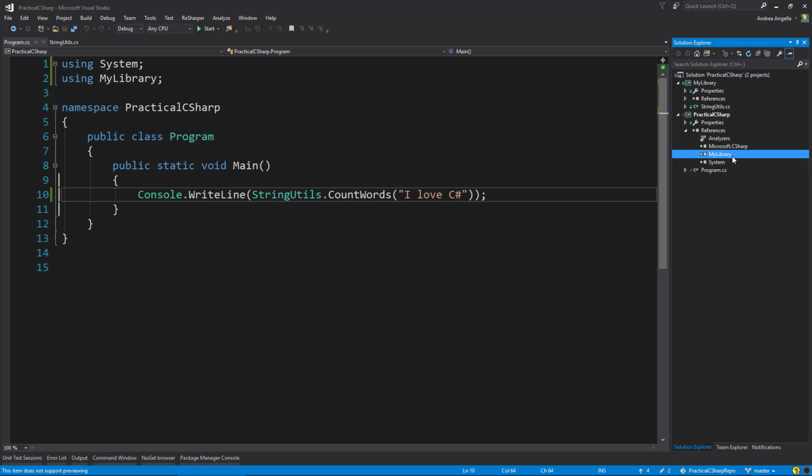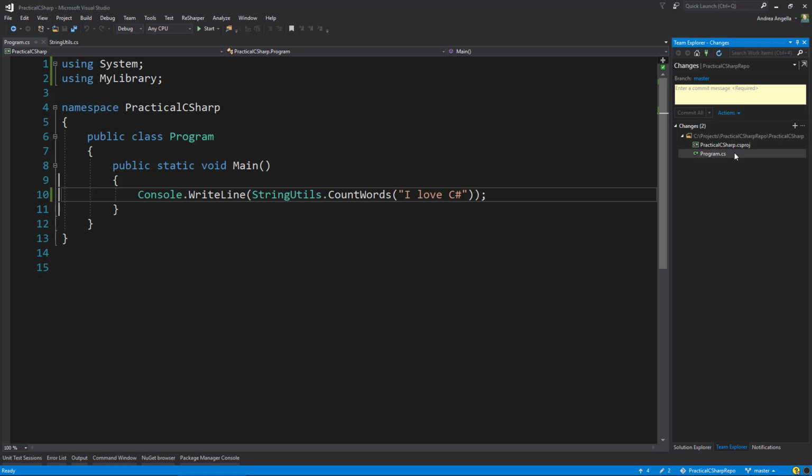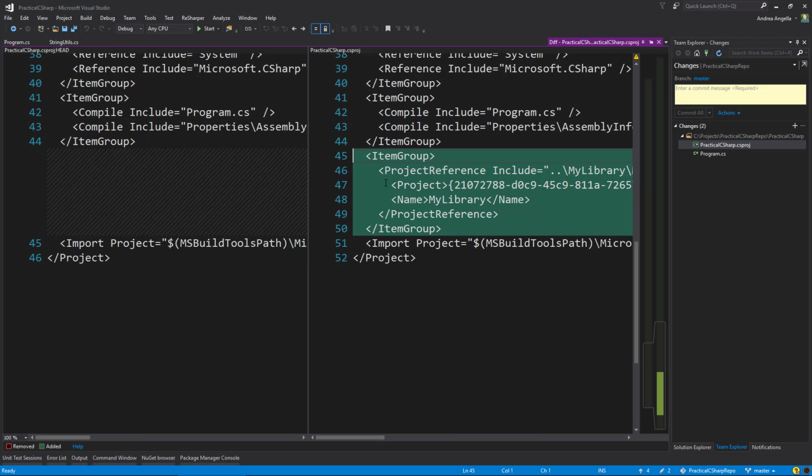But it's very important to understand what actually happened under the covers, so that when you deal with project conflicts, you can understand how to solve them. I put all this code into a repository, so all the changes we made since the beginning of the video are now recorded. And if I click on Team Explorer, you can see what are the changes that happened. Of course, I've changed the program, but also you can see that Visual Studio automatically changed the Practical C# csproj file. If I double click on it, you can see that this file